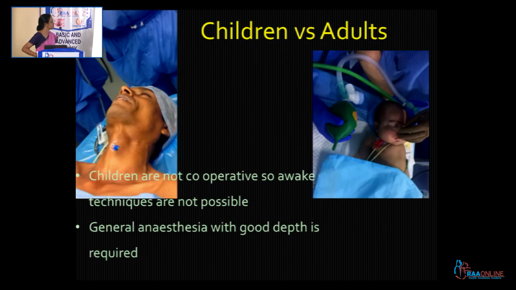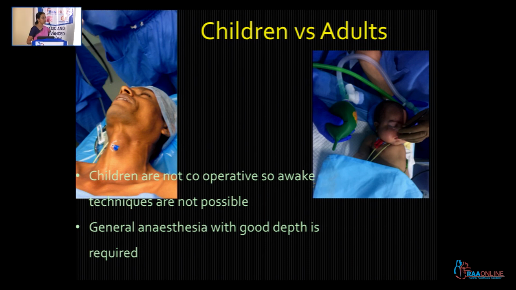Now, what's worse is children are not cooperative, so you need to anesthetize the child before you can do even an evaluation or a fiber optic bronchoscopy. Fiber optic bronchoscopy awake, this is from Goraj with Dr. Apex, where they do all the blocks, the patient is awake, you do a spray and then you can introduce the tube and the fiber optic scope and the endotracheal tube. But the child, this